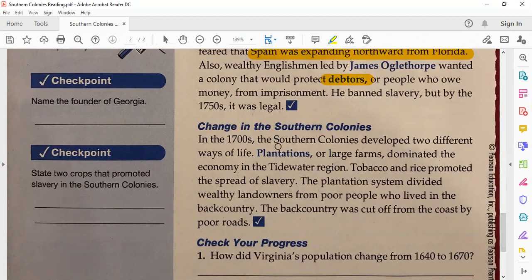In the 1700s, the Southern colonies developed two different ways of life. Plantations, or large farms, dominated the economy of the Tidewater region. Tobacco and rice promoted the spread of slavery. The plantation system divided wealthy landowners from poor people who lived in the backcountry. The backcountry was cut off from the coast by poor roads. So if you lived farther inland,